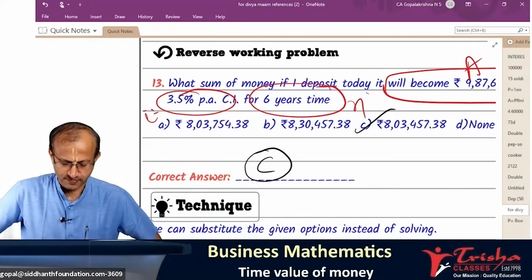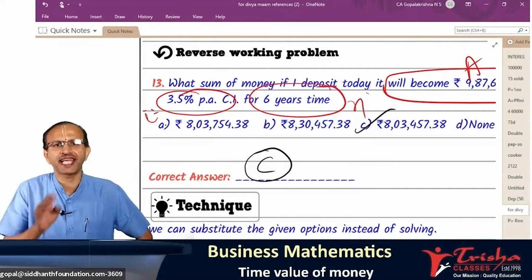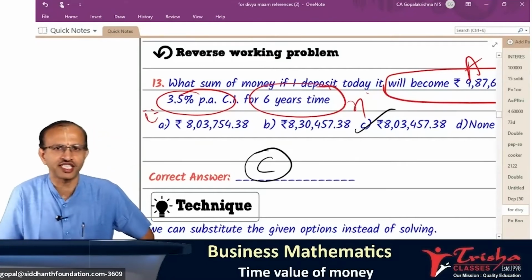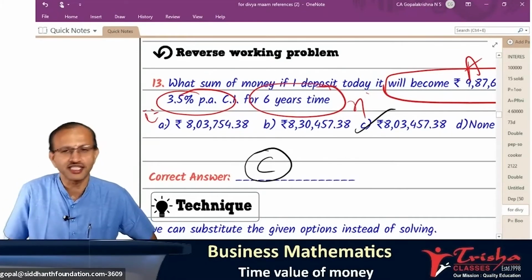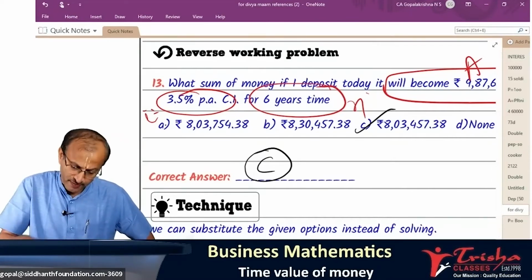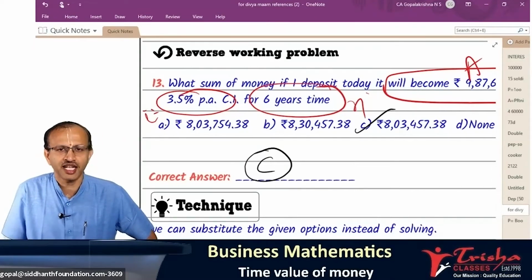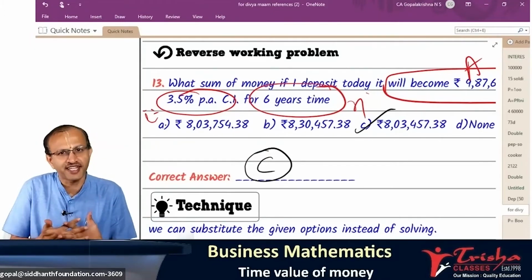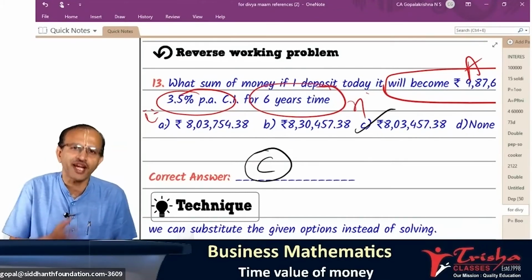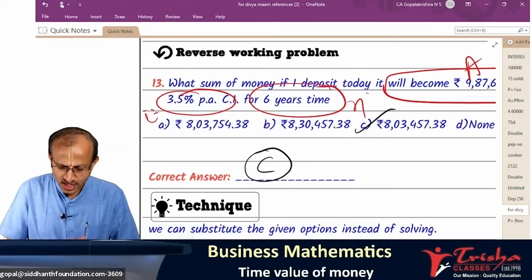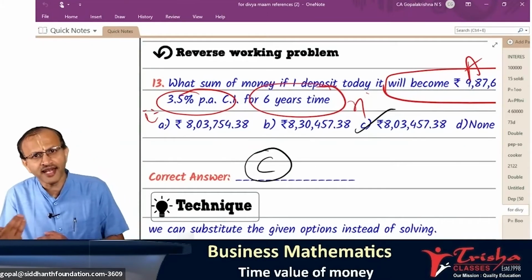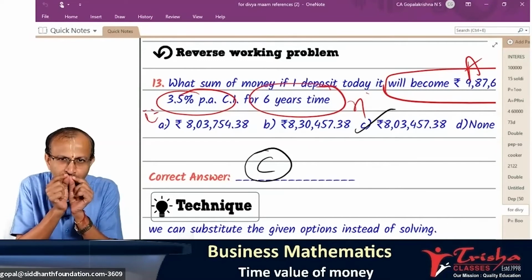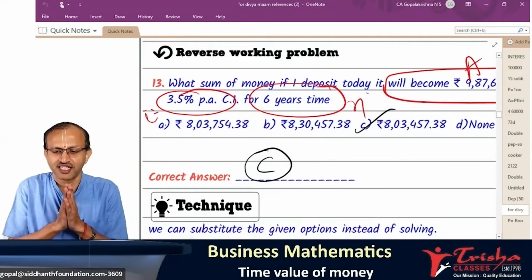One thing I will tell you. Some of you, by taking 4 digits, listen carefully, by taking 4 digits, you may get a slight different answer than this. If you take 8 digits, you may get much more accurate than this. Then if you don't get an exact match, assume you got 8,03,458 or 4, let's consider 455 or even 452. Then is it A, B, C or D? None of this? Please answer. Since you don't get the exact number, should you go for none of this?